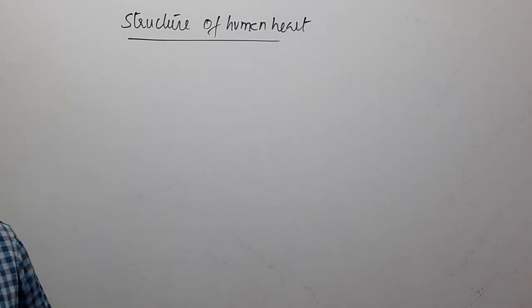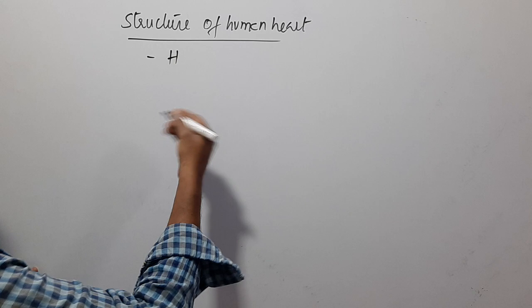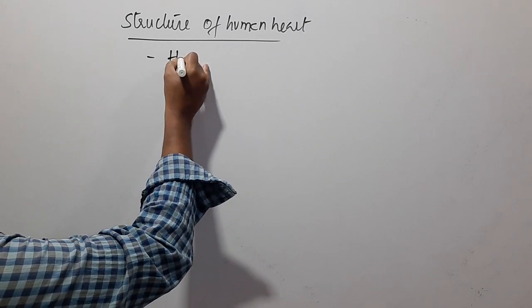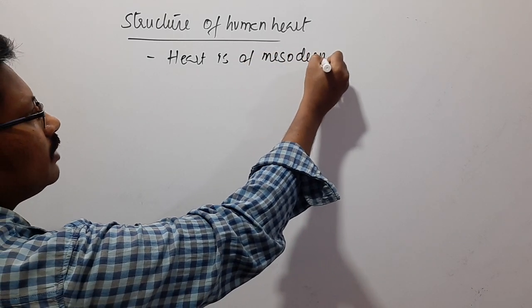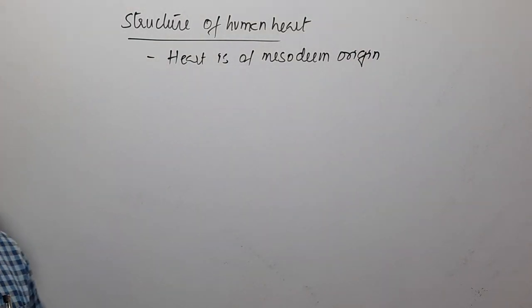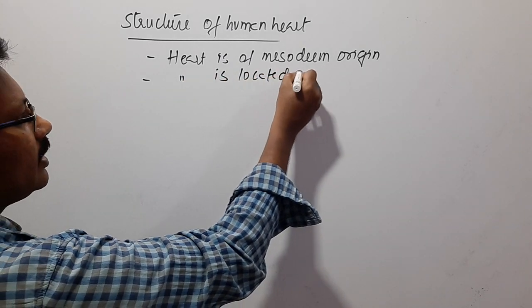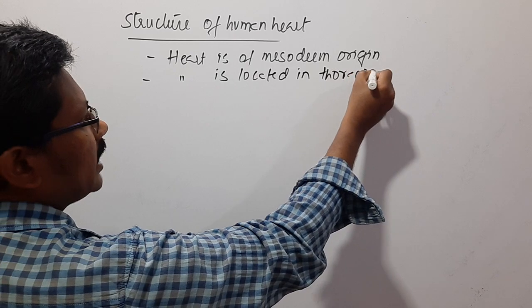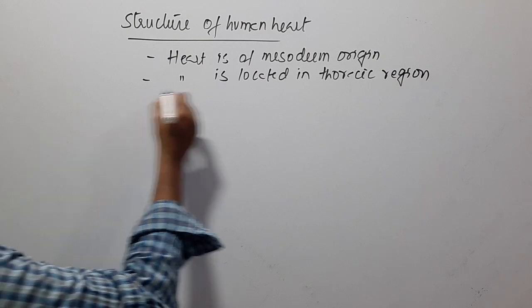Let's say about the human heart. The human heart develops from the mesoderm, so hence the heart is of mesoderm origin. It develops from the germinal layer mesoderm, so hence the heart is of mesoderm origin. And the heart is located in the thoracic region above